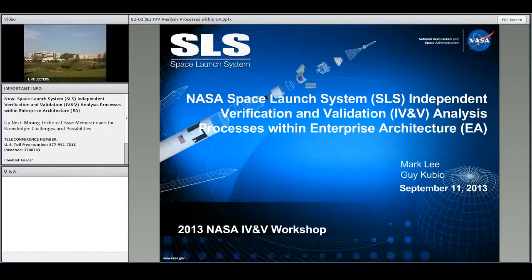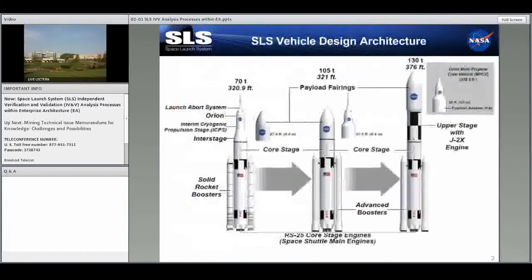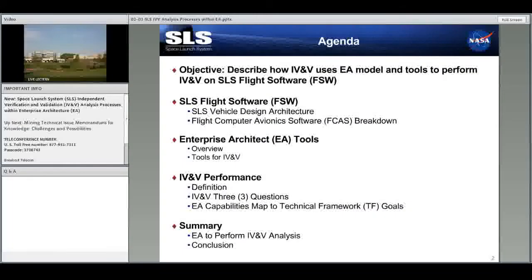So if we go to the next page. This is the agenda. We'll do a brief overview of the SLS flight software, a description of Enterprise Architect, a little bit about IV&V performance, and then